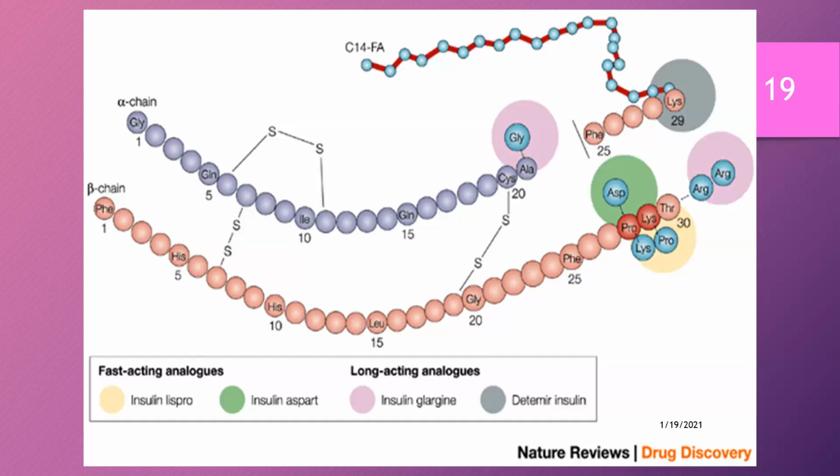This is like a summary of all the fast-acting and long-acting insulins. Different colors show different types of analog insulins, which are short-acting as well as long-acting. Lispro is here, as I've told you, after the reversal of the amino acid sequence, and then there is aspartic acid for aspart, and glutamic acid and lysine replacement for glulisine, arginine molecule attachment for glargine, and then a C14 fatty acid chain attachment to B29 for detemir.